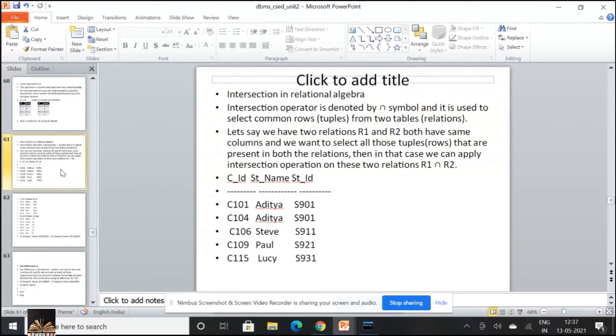Okay, then you have intersection. What is intersection? Whenever there's something common between two relations, that would be coming out, and the symbol is an inverted U over here. Again, it should have the same columns. All that stuff is a compulsory condition for union and intersection. I've given you examples clearly. Now next, minus, set difference.